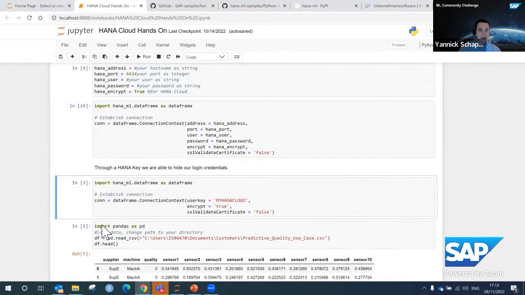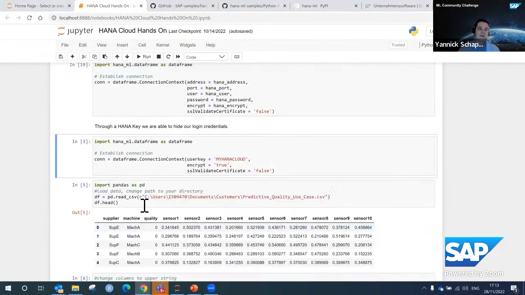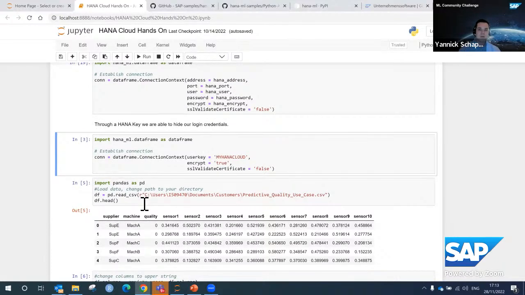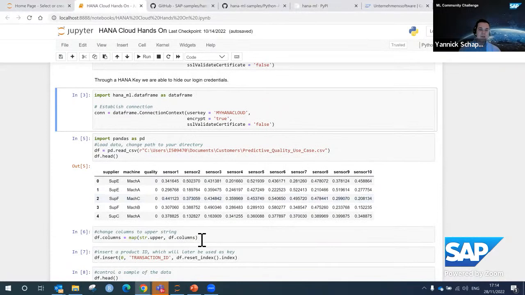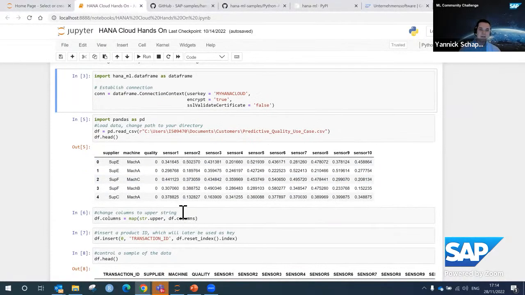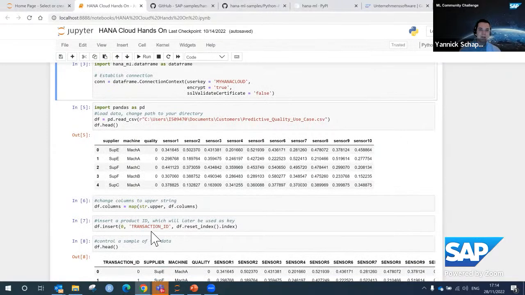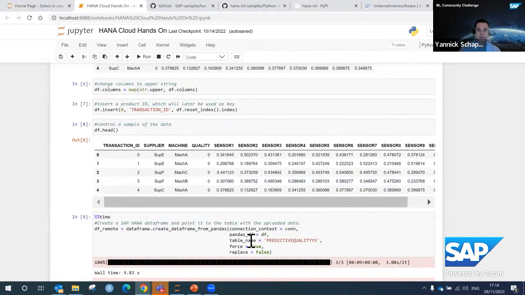And now there are two options. So the first scenario could be that the data is currently locally here on my laptop, and I want to upload it into my HANA Cloud system. So for this demo, I've prepared some data, which is, of course, not the challenge. We didn't want to make it that simple. And I've then transformed this data a little bit, added an ID, and then I'm pushing it now directly into my HANA Cloud system, into my schema. And you would be able to do this as well.